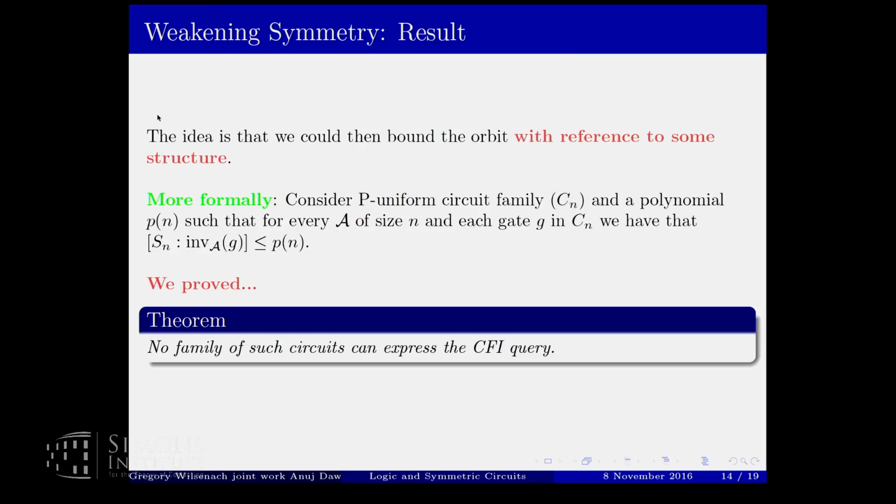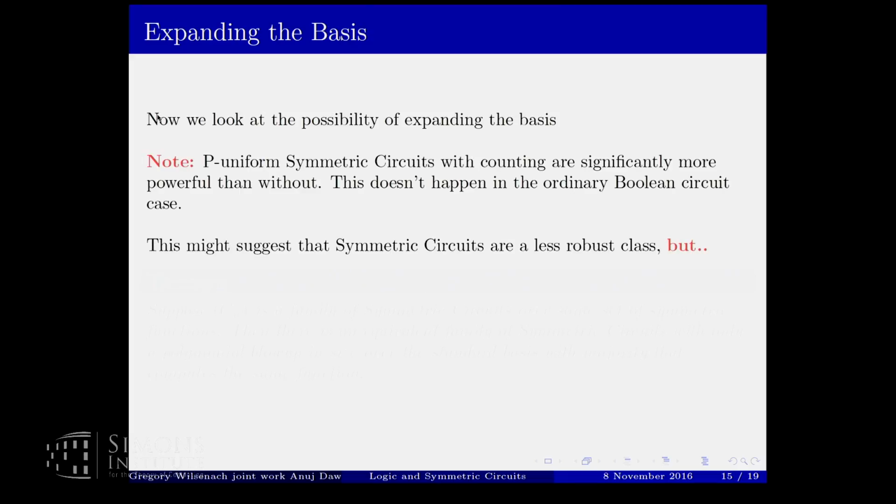Okay, so we ended up proving that it certainly doesn't capture CPT, but it may or may not be a more powerful model. We have to still check. But let's look at the other approach of expanding the basis which you're actually computing over. Let's just start with a rather obvious observation. Anderson and Dawar in their characterization essentially prove that symmetric circuits with majority are much more powerful than symmetric circuits without. One can think of it a bit like the situation with constant depth bounded polynomial size circuits in the ordinary Boolean case. In that case, throwing in parity gates makes them provably stronger.